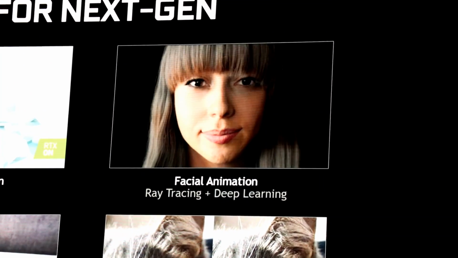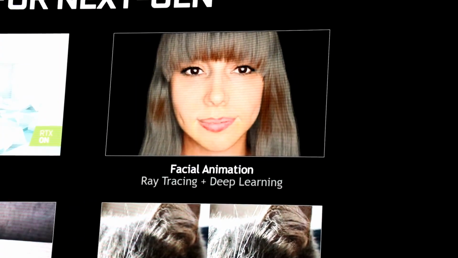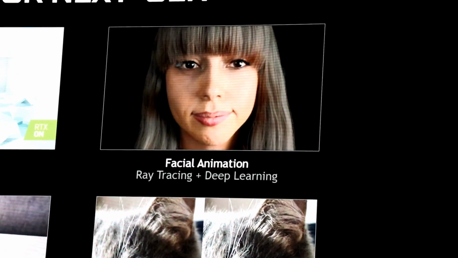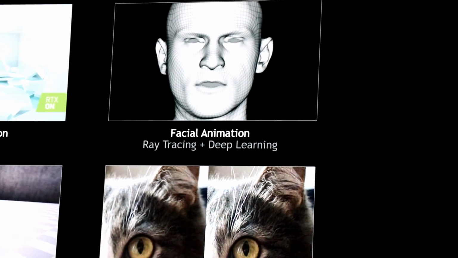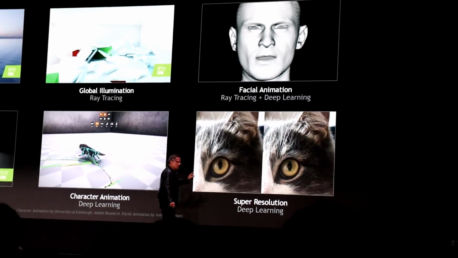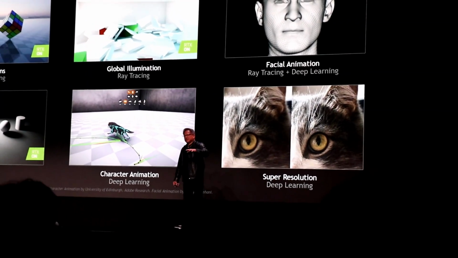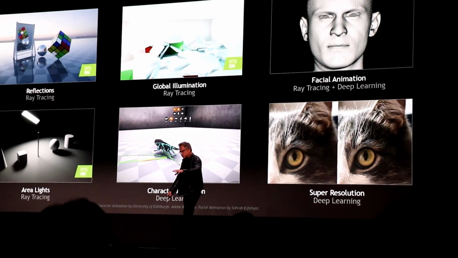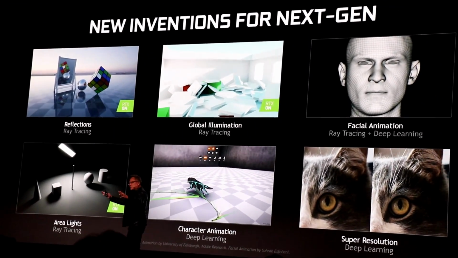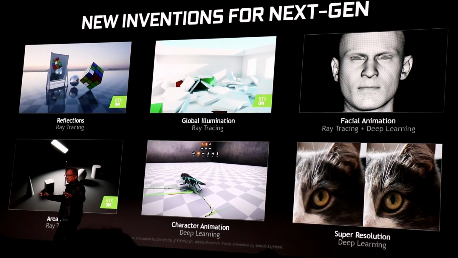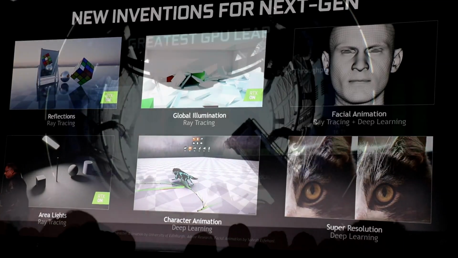In the future, we could use ray tracing and deep learning and artificial intelligence to make faces that look very human-like. And of course, image processing. Artificial intelligence has the ability to learn what is the right image to synthesize. And maybe as a result of that, we could use lower resolution textures, less amounts of textures, and use artificial intelligence to synthesize the virtual world because, quite frankly, it's natural anyways.